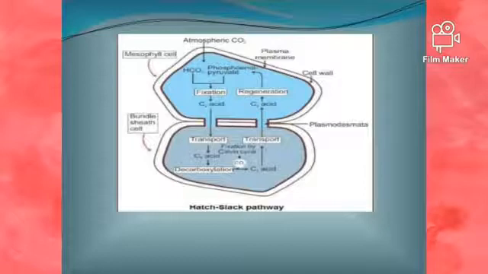Like this, in C4 plants, for 1 carbon dioxide molecule, 2 ATPs are additionally required in addition to the 18 ATPs which are required in the Calvin cycle. For 6 CO2, 12 ATPs are additionally required in addition to the 18 ATPs in the Calvin cycle. Like this, just to produce a single molecule of glucose, a total of 30 ATPs and 12 NADPH+H+ are required in C4 plants.